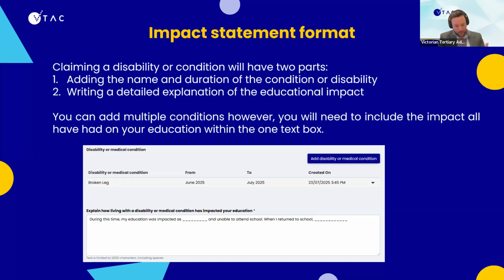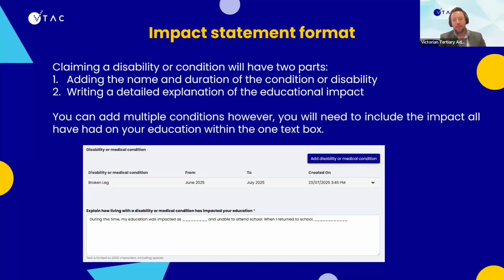What you need to understand about this application, the CEES application as a whole, is that the independent panel and the universities, they're looking for insight into your potential. So if it wasn't for this circumstance or this disability, you would have performed so well.